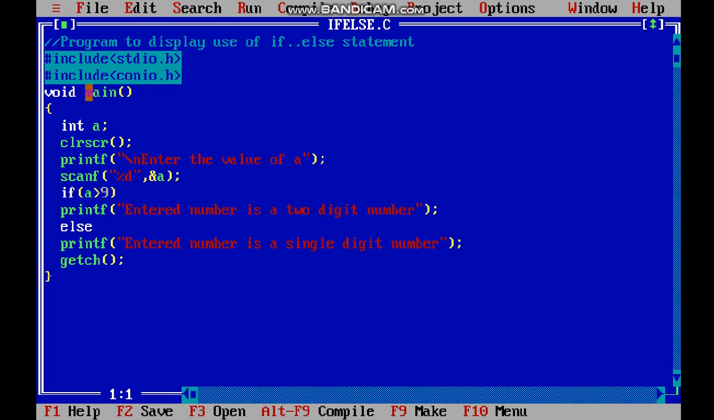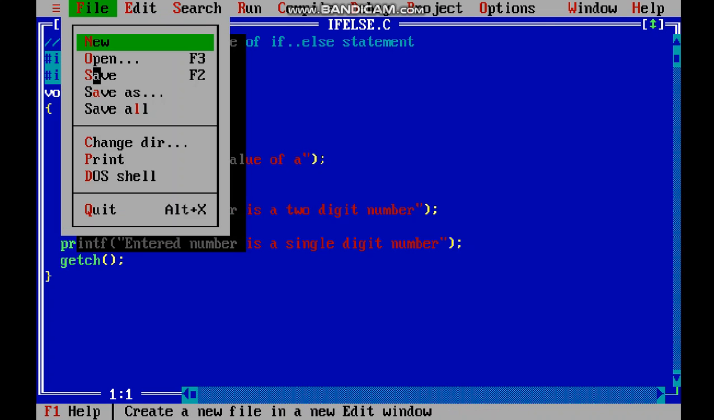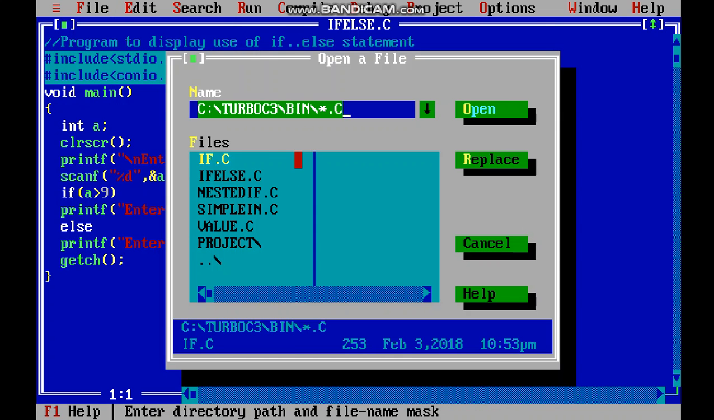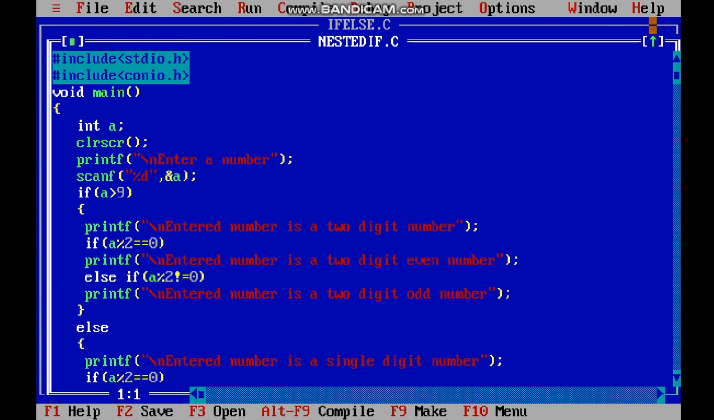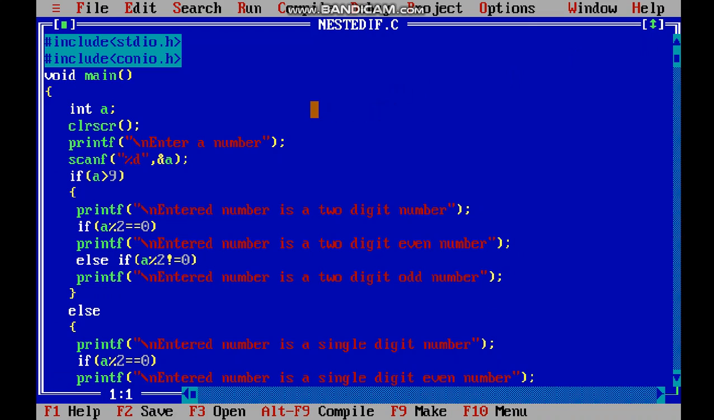Now let's see the nested if else program. Yeah. So here also, nested if else is like I have shown. I have again declared an integer variable a, and then